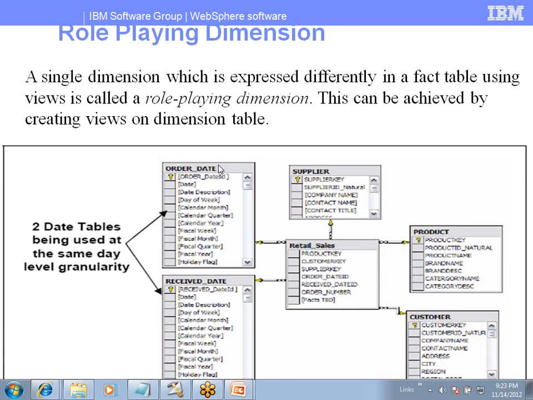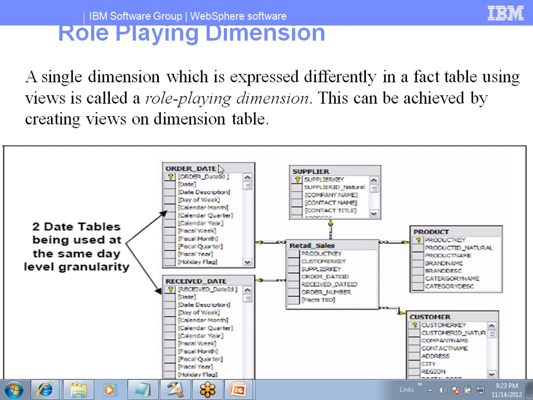But if you want to create this data into two different tables, is it better to create one more physical table in the warehouse and allocate some space? No. Instead of creating a separate table or a separate process for that, it is better to create views in the database. What is the meaning of a view in a database?